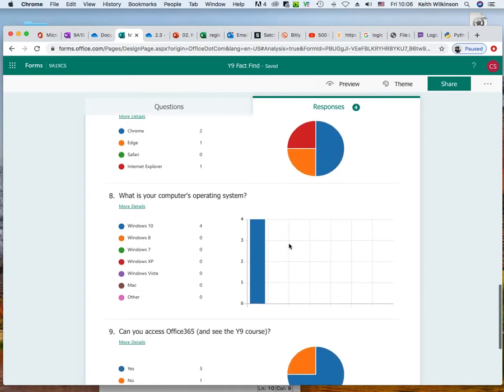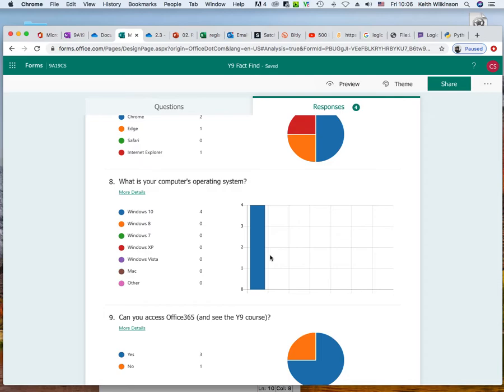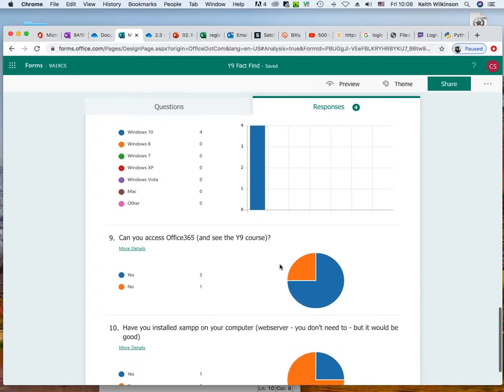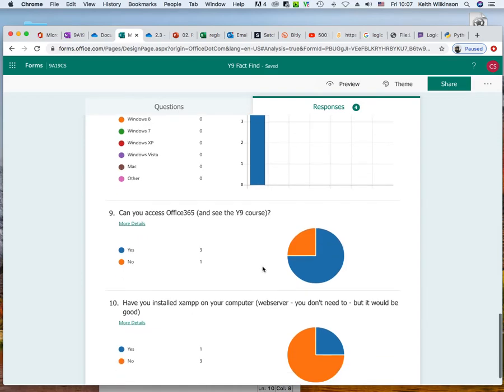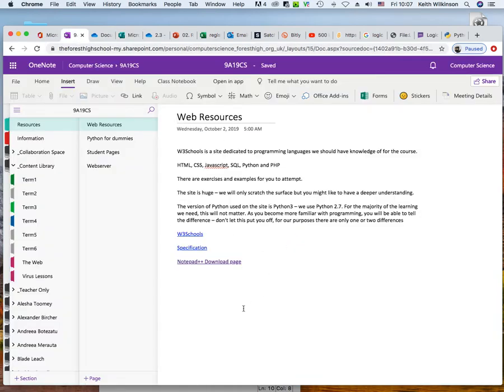And again, I'm asking you what kind of operating system you use. You might notice I actually use a Mac. So I do know that whenever I'm trying to do videos, they will not match what you're doing, particularly in the files. If you have access to Office 365, I can help you. If you can't, at least I know that if I've got more than one person who can't access Office 365, it's pointless me putting all the work online for you to click.